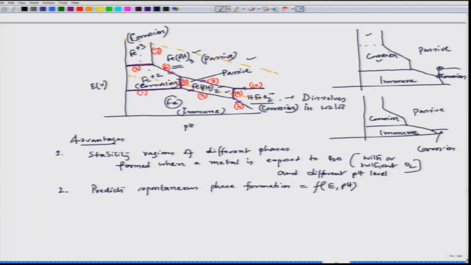For example, if I am here, it will be iron. If I am here, it will be Fe2+, here it will be Fe(OH)3. That way we can decide what could be the spontaneous phase when a metal is exposed to the water system. Now, the third point, if I see, the third point indicates that it